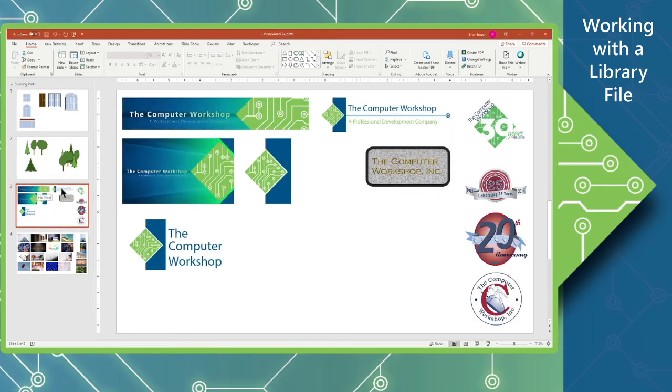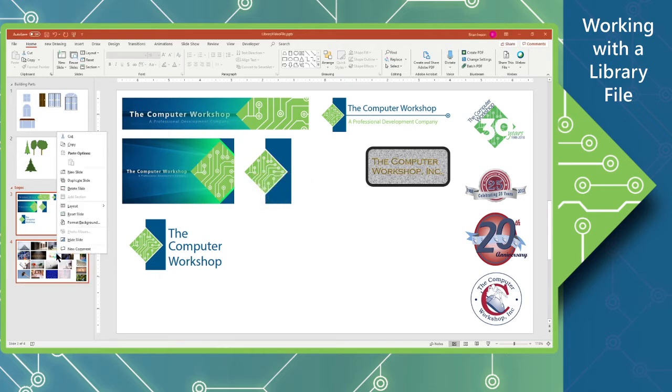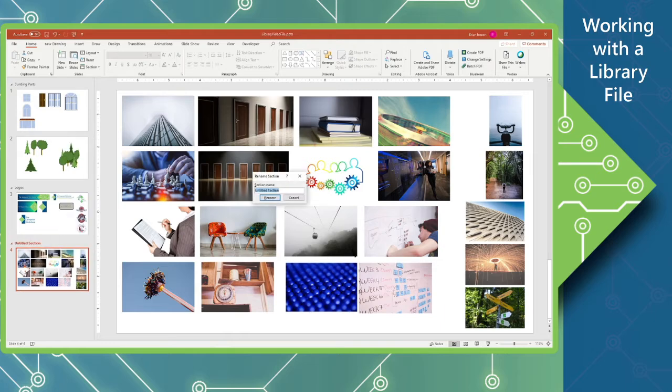Now I'm going to come a couple of slides down here and go to slide 3, and this is all logos. So when I right click on this one and I go to add a section, I'm going to name this set or single slide as logos. And then the last one again is not logo, so I'm going to select that one slide. I'm going to try this again, right click on it and add another section. And I'm just going to go ahead and call this image bank